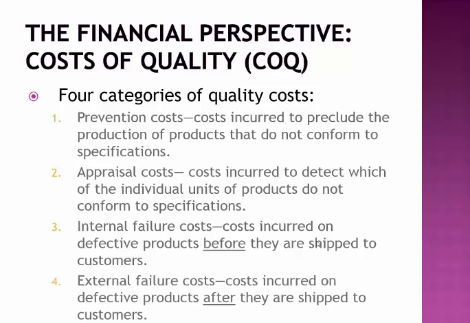Next, we have external failure costs. And these are costs incurred on defective products after they are shipped to customers. So notice, external means they have made it to the customer. Internal, they are still in-house. We can eliminate the customer hassle, okay, and eliminate